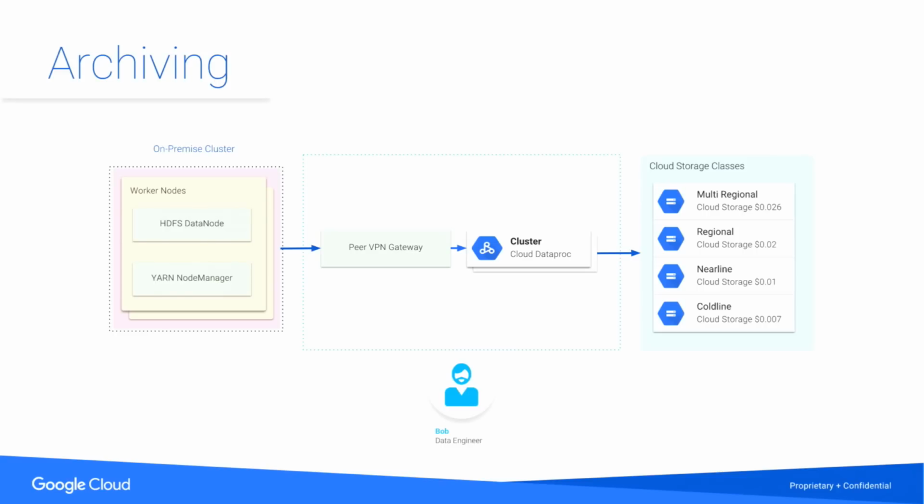So if you have a really big data cluster running on-premise, but you don't want to manage increasing the volume of that every year, you can start offloading some of the older data to Google Cloud, and then you can start reusing that data for new purposes later. So say you have a very large on-premise cluster, you peer with your GCP project, and then you export that data into your Dataproc cluster in GCP,